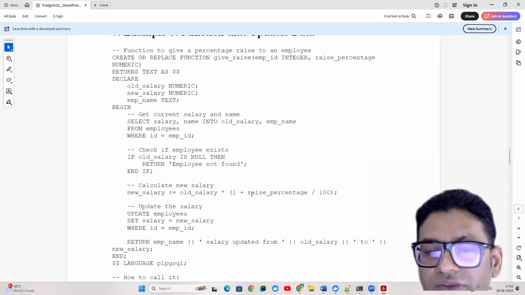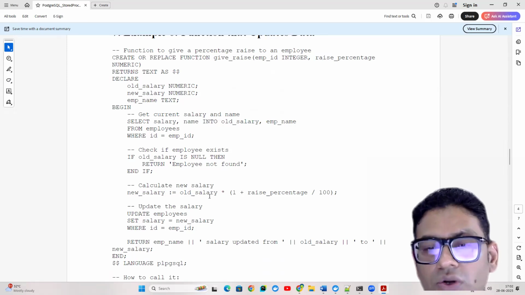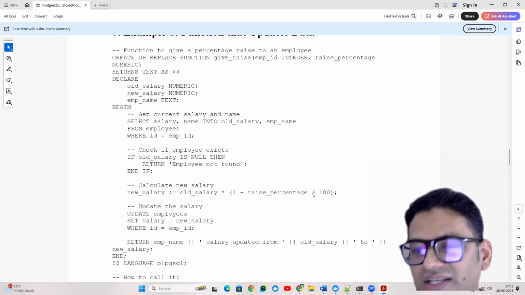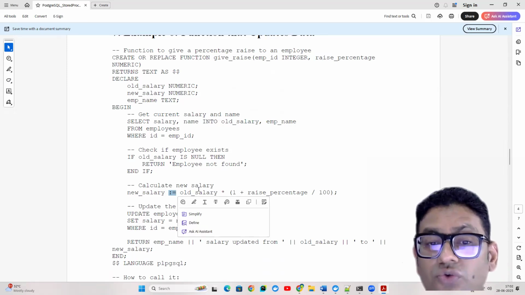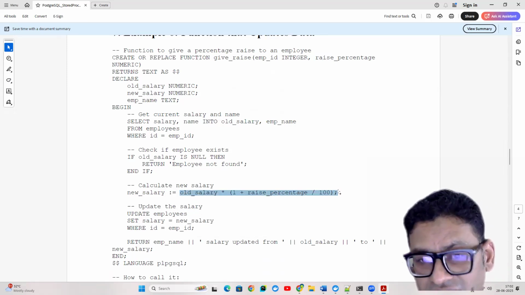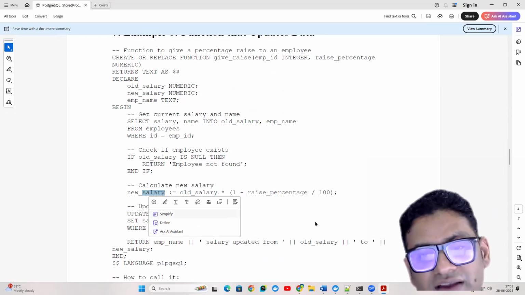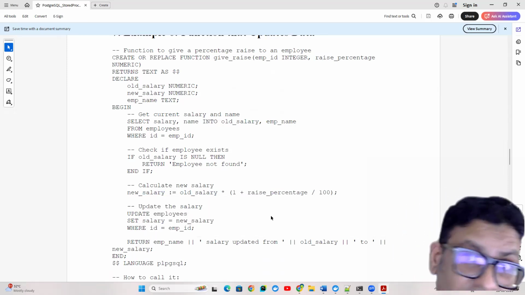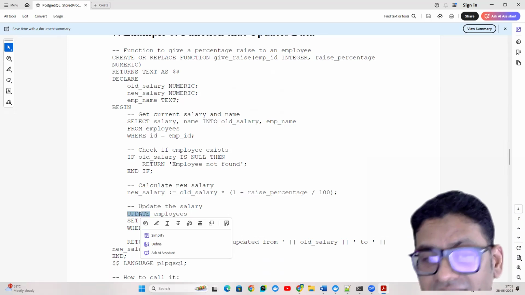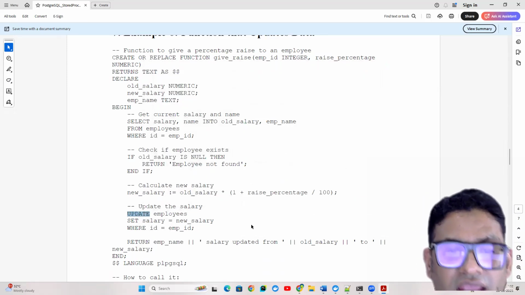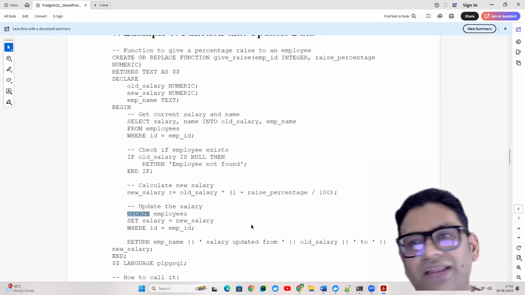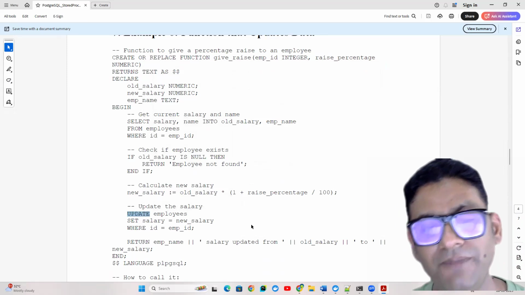How we can calculate this is a simple formula: old salary multiplied by 1 plus the percentage divided by 100. And this is the syntax through which you can assign the value. Whatever the outcome of this expression, that is going to be assigned to new salary. Now if you want to update the data in the table, we have to use the update statement. So in update, we are saying update employee set salary equals new salary where ID equals employee ID, which is a very simple SQL